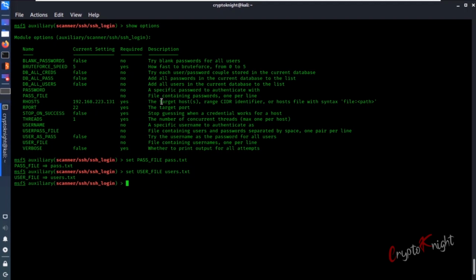There is one more option which is set to false, stop_on_success. That means if a correct credential has been identified, it will not stop currently. So we will change the value and set stop_on_success to true and hit enter. Now the last thing, we have to run exploit and hit enter.